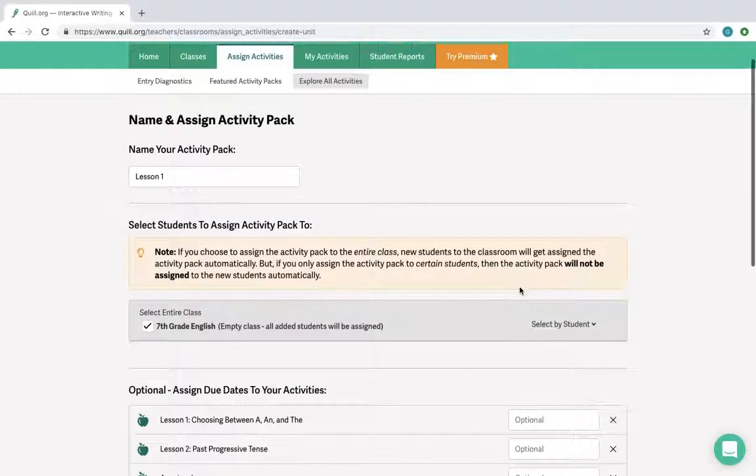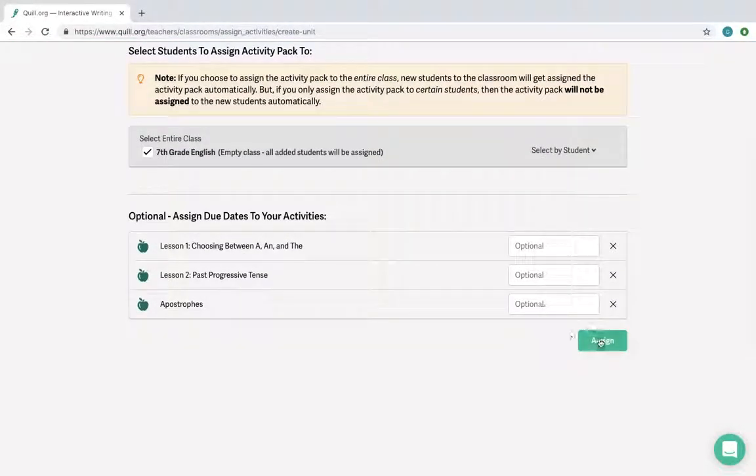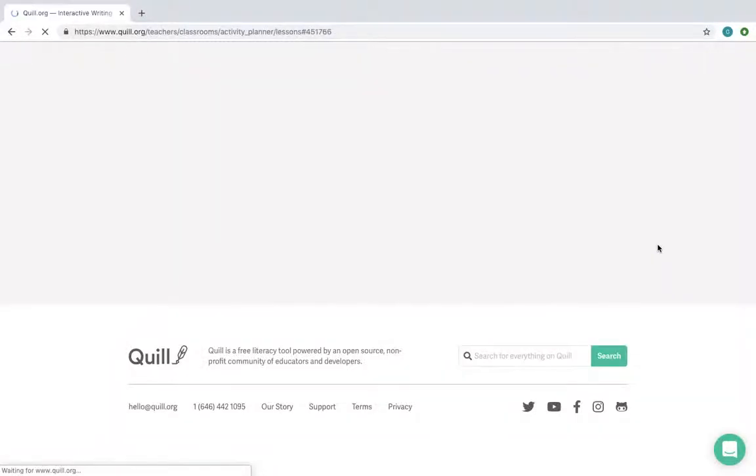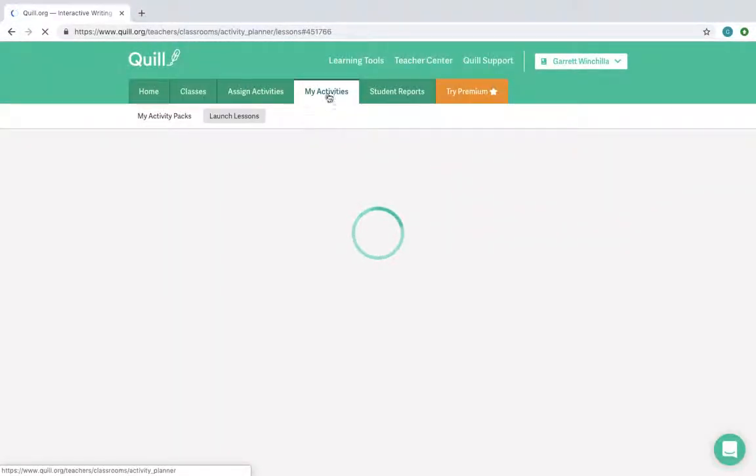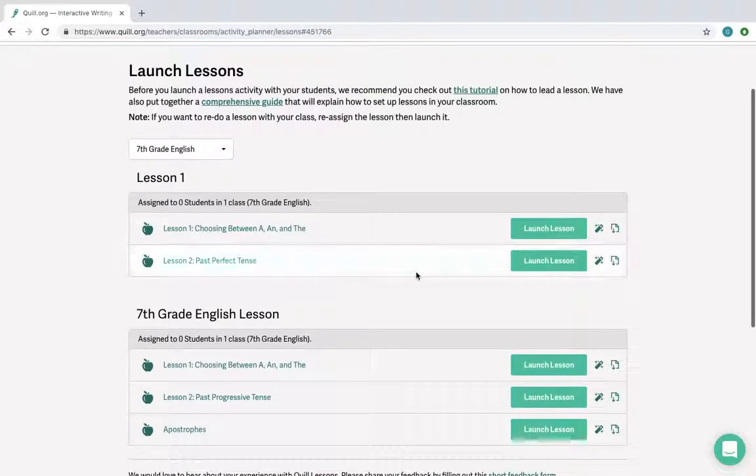It needs a unique name. Oh, lesson 1 must already exist. 7th grade English. Sorry about that. Come down here, assign,